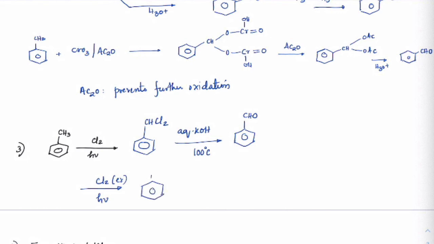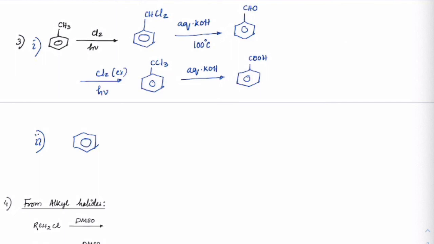Okay. If nothing is mentioned and it is only given as Cl2 excess, H nu, then we will replace all three chlorines, and after that if you treat that with aqueous KOH, we will get this as COOH. Okay. So just be a little careful while checking the question, if it is given as Cl2, H nu, because JEE Mains asked this 2 times. I think you have recently come across that while we were discussing benzene. Yeah, there also we discussed this. So if you see that two chlorines would be replaced, then aqueous KOH will give benzaldehyde.